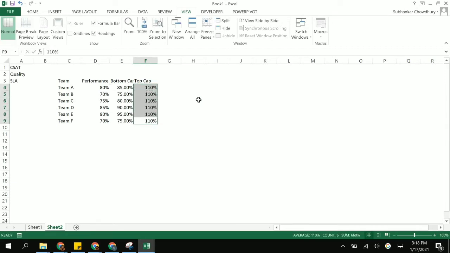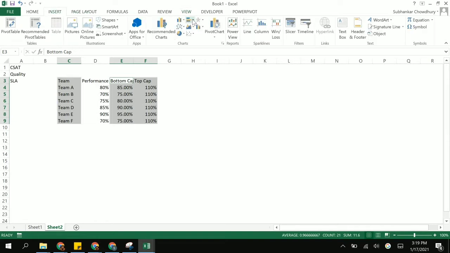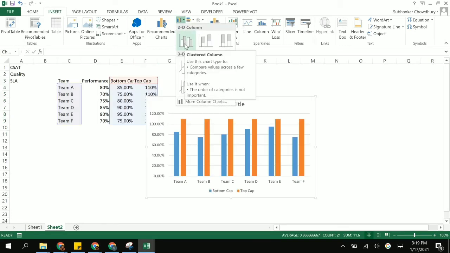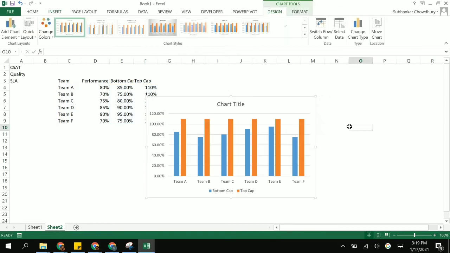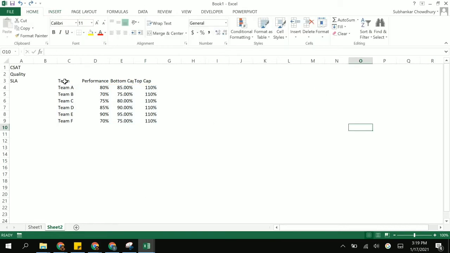When I add that, now I need to plot a graph. So I select this, I select these two. I wouldn't take the performance right now, and go to insert, go to charts and select this 2D column. I can do this, or there is a simple way. I can use a shortcut.